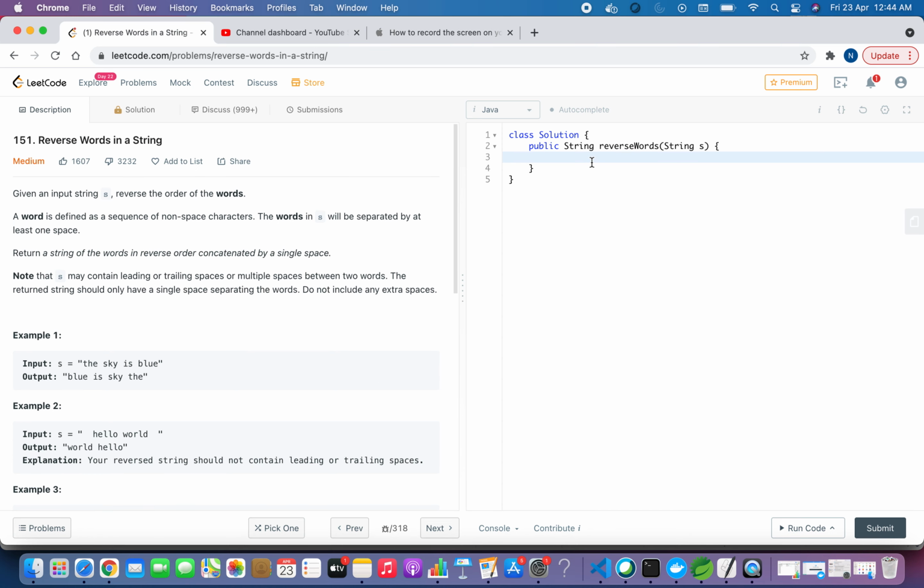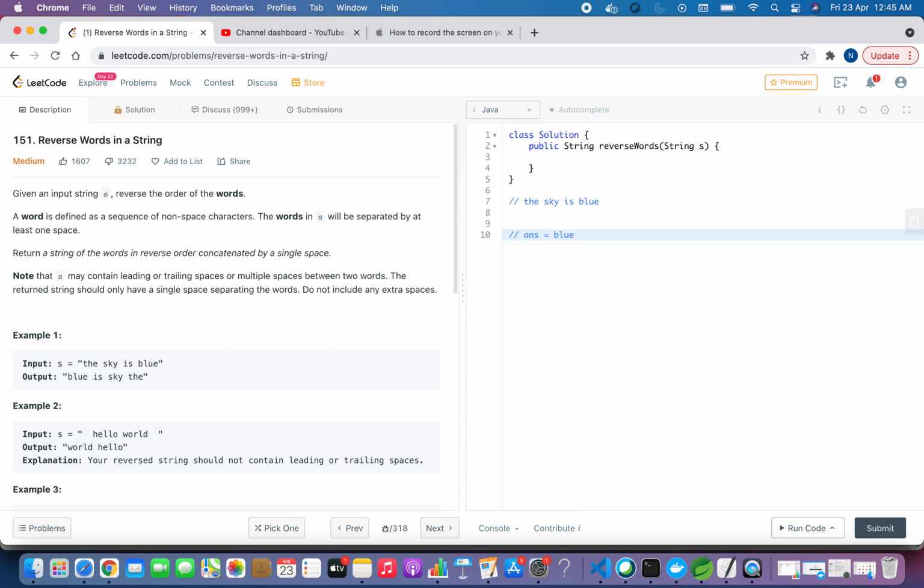So we can do it in a single pass. What we have to do is construct the word and append it to the starting of the string. Suppose we have this example, "the sky is blue". I will start from E, then go to U, L, B, create a word and append it to a variable called answer.